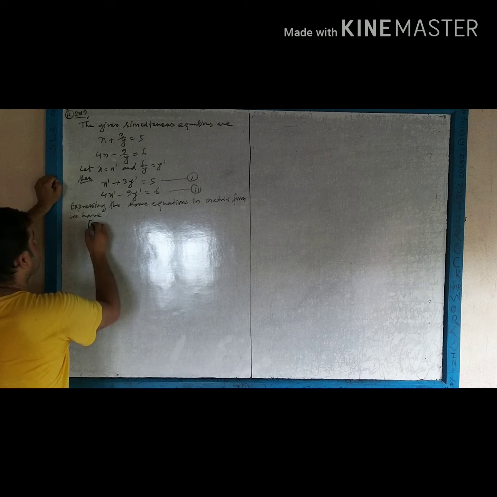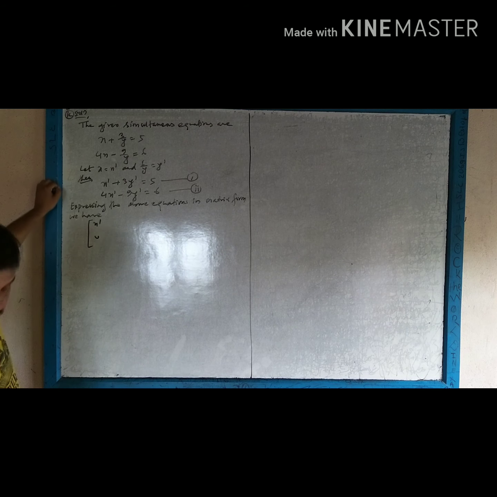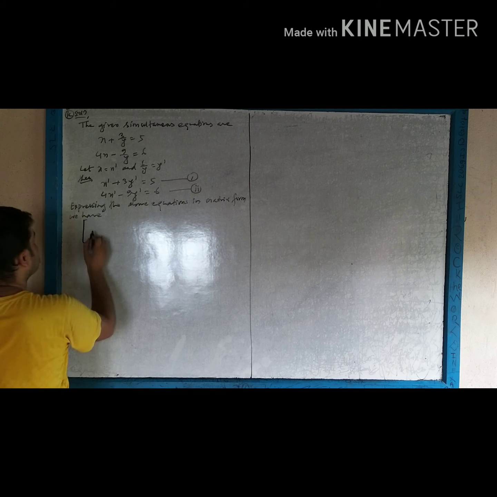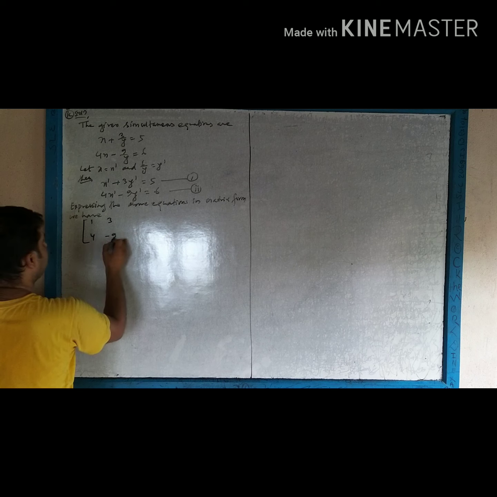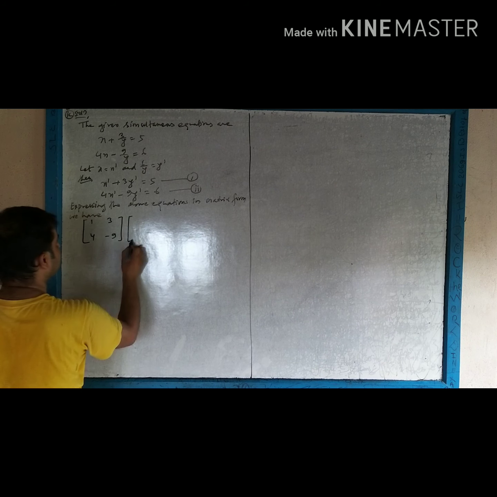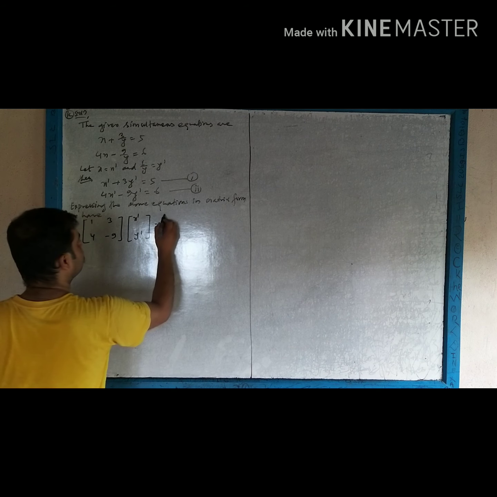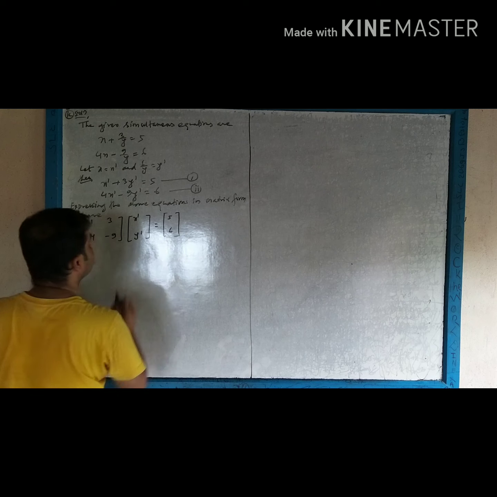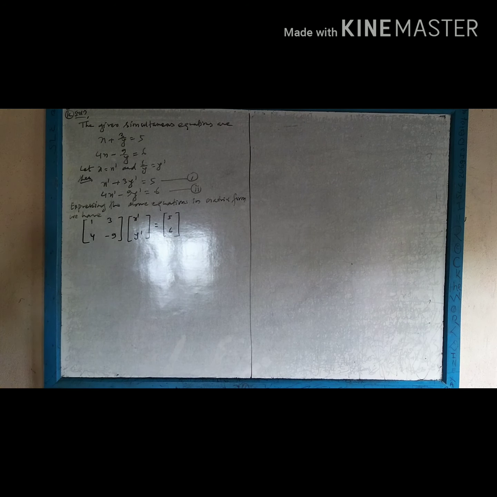We have x dash coefficient. Let's write first of all 1, 4, 3, minus 9, times x dash, y dash, is equal to 5 and 6. Okay, now let's find